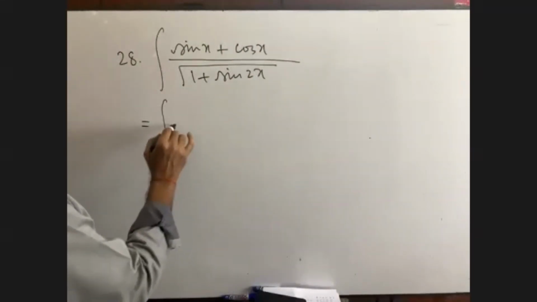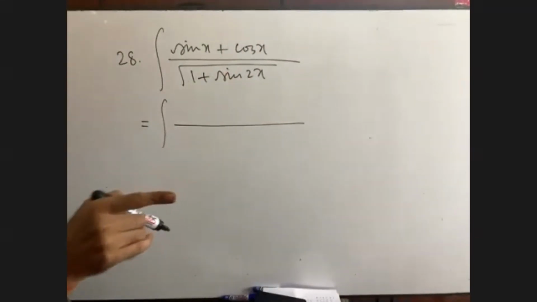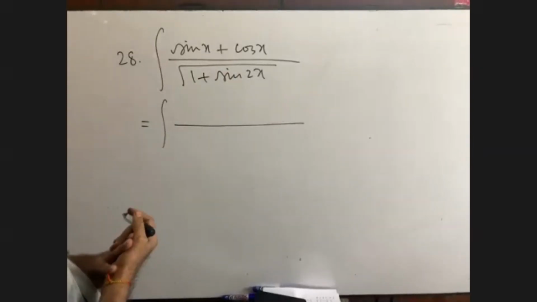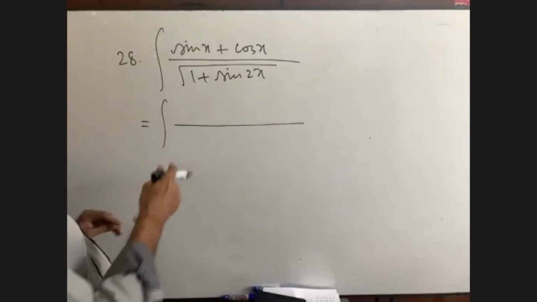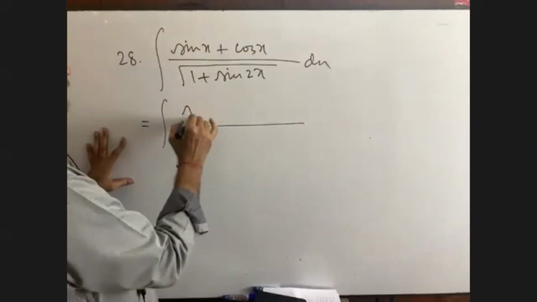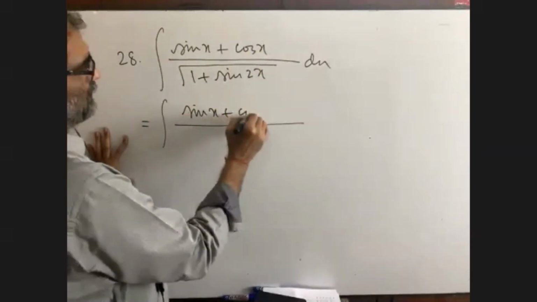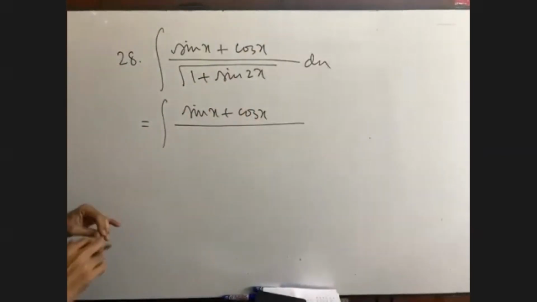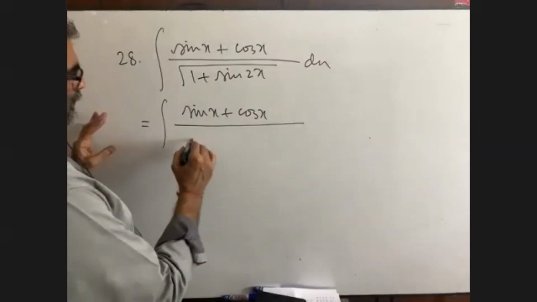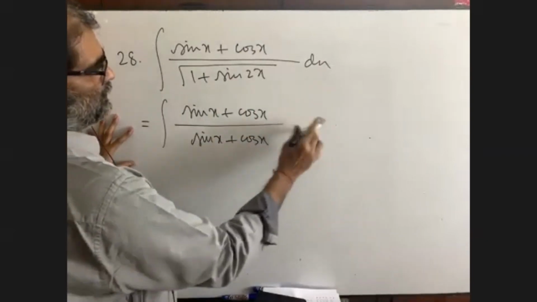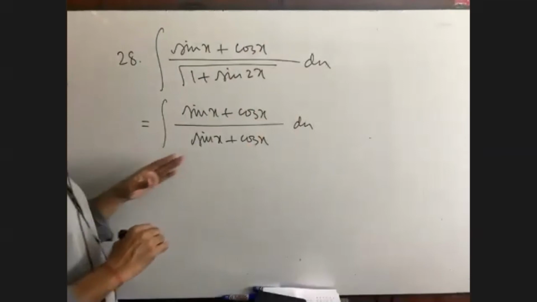That I don't know. Anyway, you see, someone just told me not to rub. Anyway, can you please let me know? It is sin x, sorry, dx here. It is sin x plus cosine x. Who can tell me what will be its result? 1 plus sin 2x. 1 plus sin 2x. It will be only sin x. You see? Are you getting me or not? I have skipped three or 4 lines.